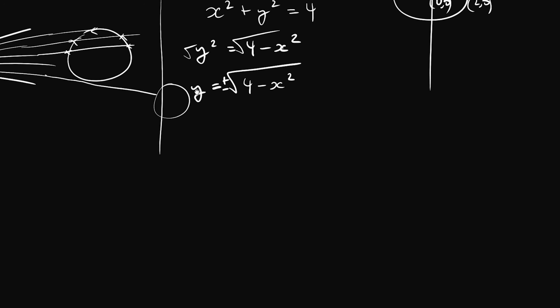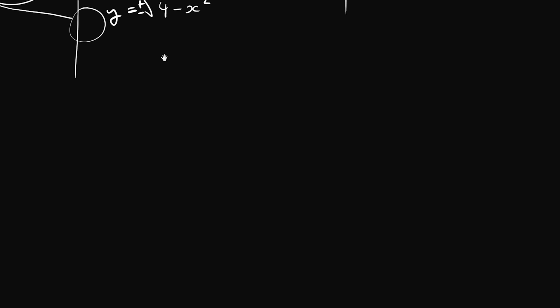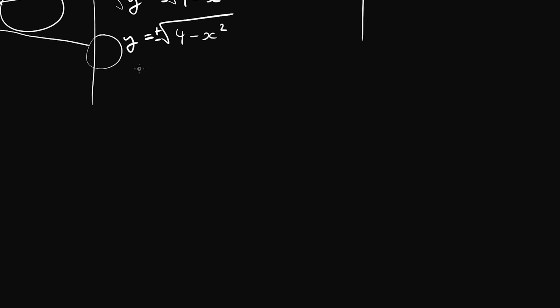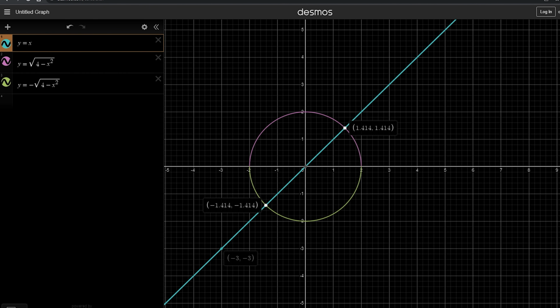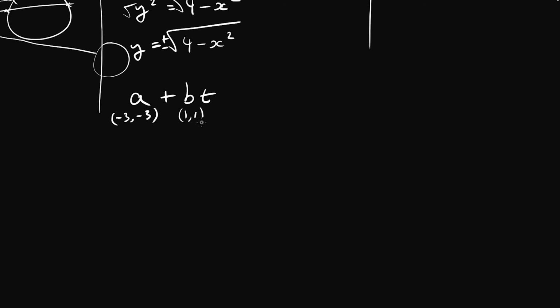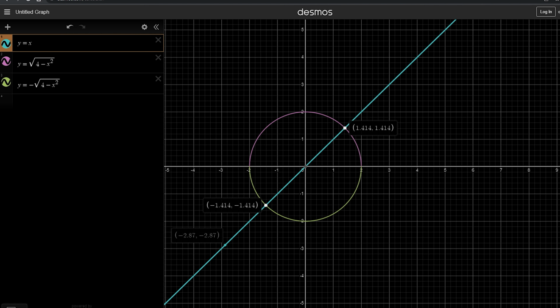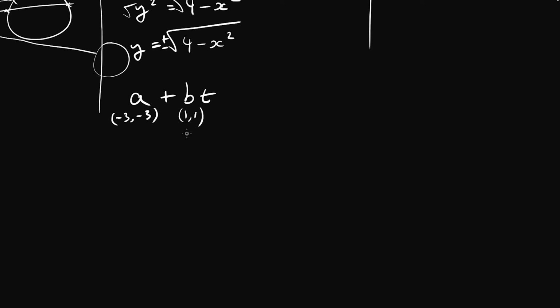So the first thing that I actually want to do is just define what our actual line and circle look like. So we know that the line, if our equation here for that is going to be a plus bt, we know that a is going to be minus 3, because that's where we've decided that line is starting. Minus 3, this point over here. And then it's heading in a direction of 1, 1, which is just going to basically have it go 1 unit positive x-axis for every 1 unit that it climbs up in the positive y-axis as well. We don't really have to worry too much about this being a unit vector, by the way. So this is our complete line.